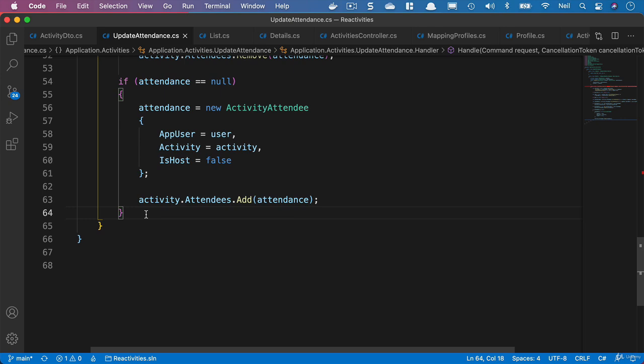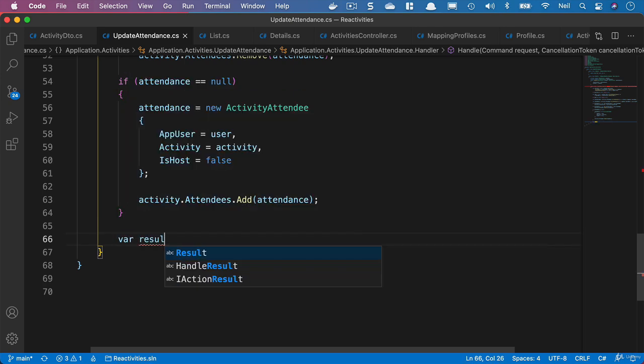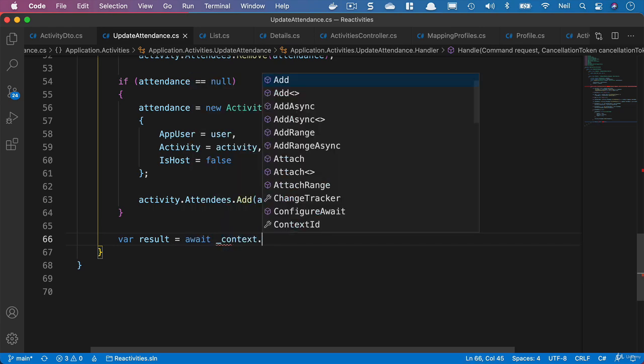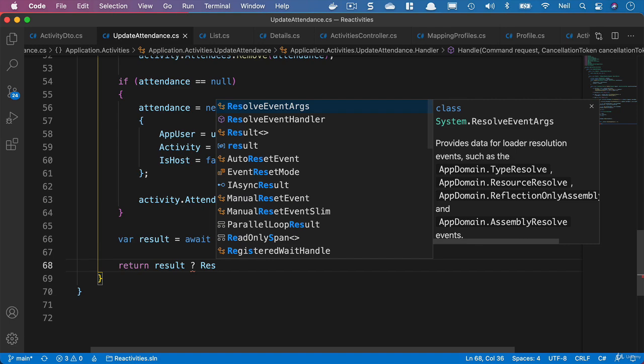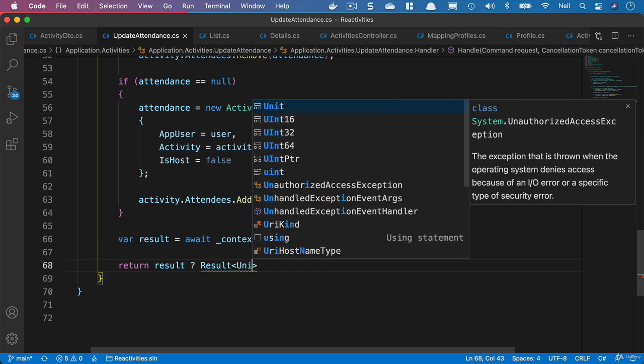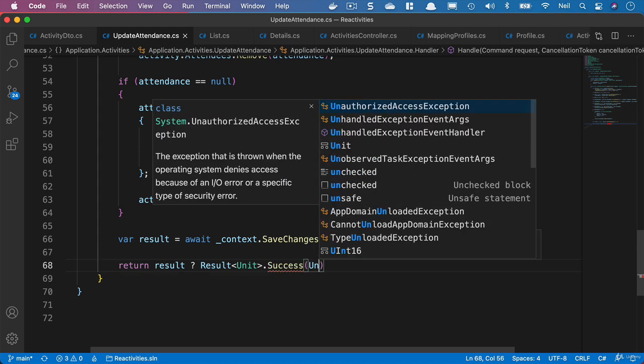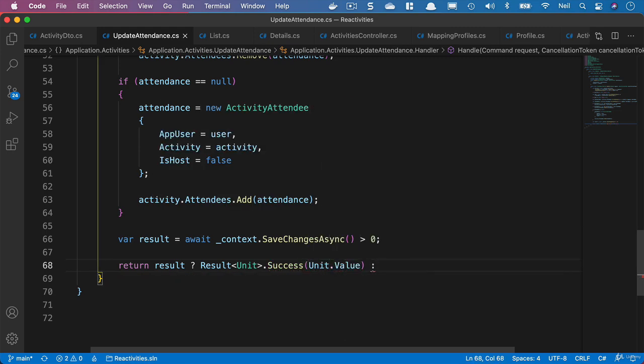So what we need to do then is say var result equals await context.SaveChangesAsync, and we'll use the greater than 0. And then we can return the result, and we'll use a ternary here, and if the result is true, then we're going to return Result of type Unit.Success and pass in Unit.Value. And if it's not success, then we're going to return Result of type Unit.Failure, and we'll just add a message saying problem updating